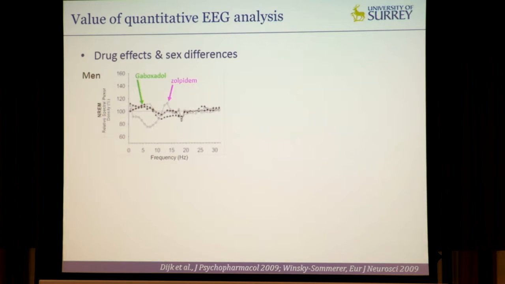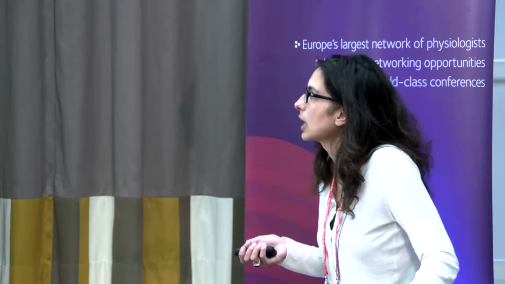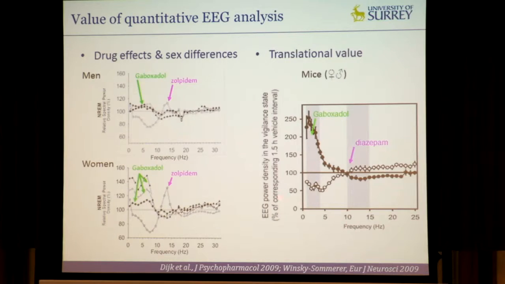Not only can you discriminate between drug effects, but you can also identify sex differences. You can see here that women have a larger response to both gaboxadol and zolpidem, and this is quite interesting to use to identify which doses should be given to healthy subjects as well as patients. And this is translational because you can reproduce those EEG signatures of the 2 different drugs also in mice,